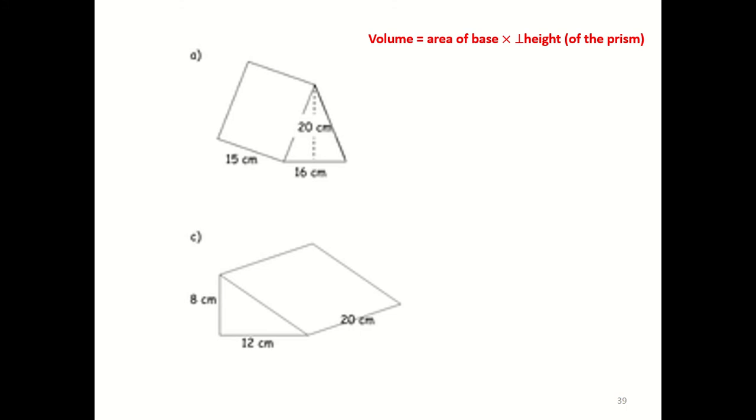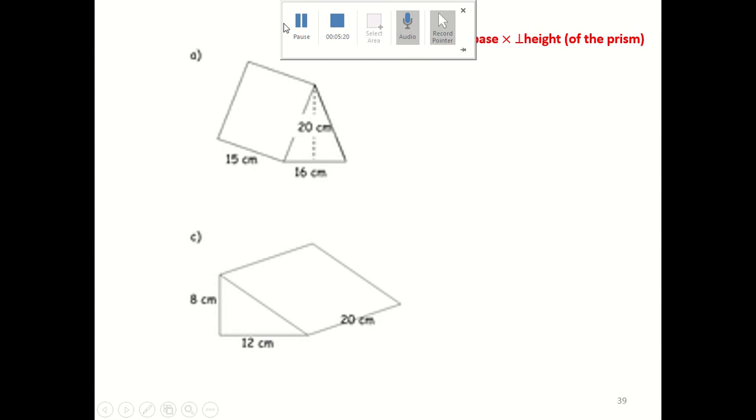The first one, which is A, we have a triangular prism. The base is a triangle. Find the area of that triangle, which is 20 times 16, and you simply multiply it by the height of the prism, which is 15. Hence you will have the volume equals to,